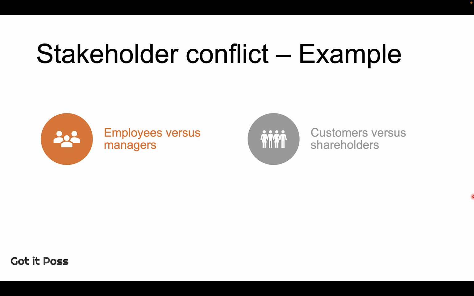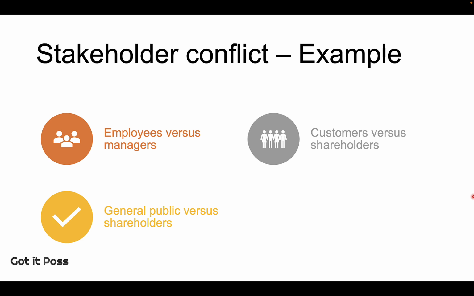Next, customers versus shareholders. Customers are looking for high quality of goods or services provided. They are looking for value for money. The products or services should be affordable or even the cheapest in the market with high quality. Sometimes it is the opposite of the shareholders' demands, because the shareholders are looking for profits or dividends. They would like to maximize their profits from the company so that they can have more dividends paid by the company. And it is the conflict between them.